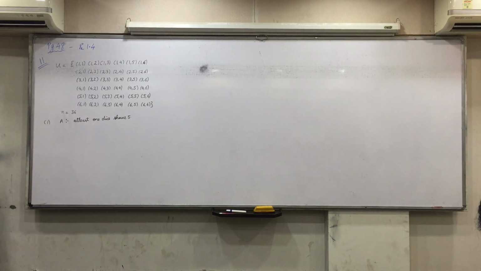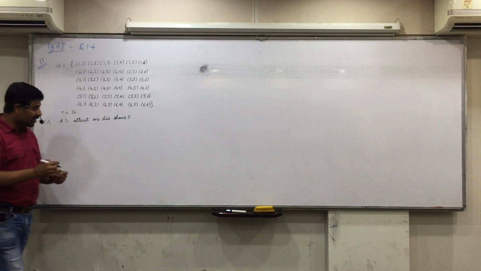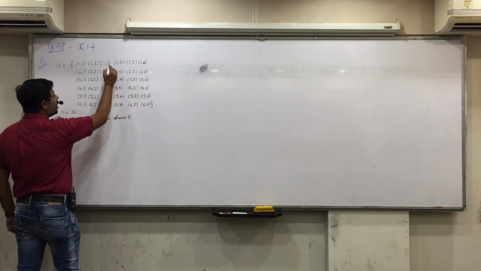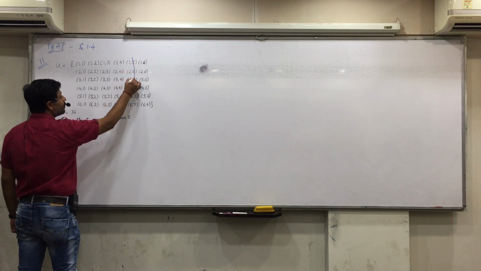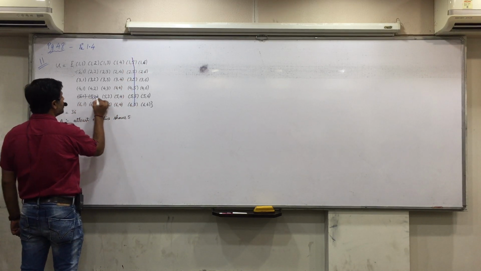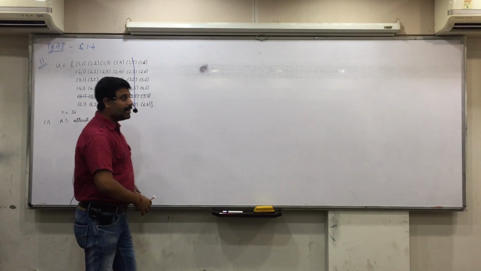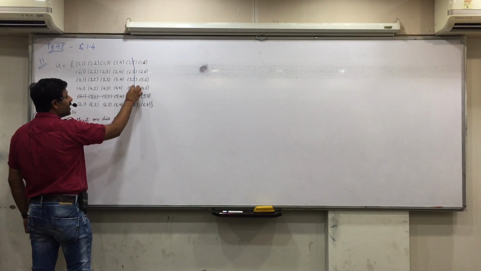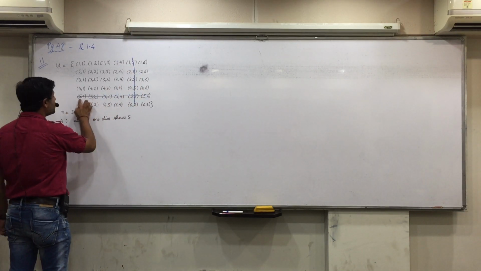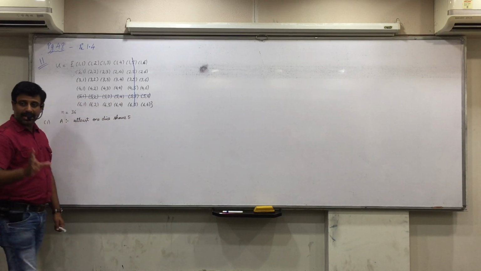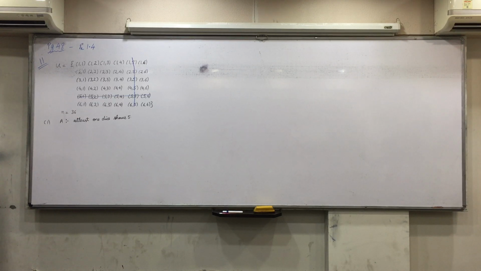Now here, at least will not mean we apply the formula of A union B. Here the words at least will not indicate that. But directly do it like at least one dice shows 5. So can I say these outcomes will be included? You will find dice 2 having 5, dice 1 having 5, and both the dice having 5. So at least one dice shows 5 in this or not.